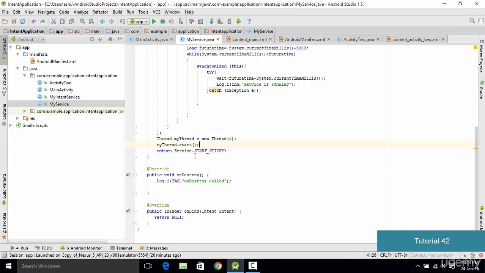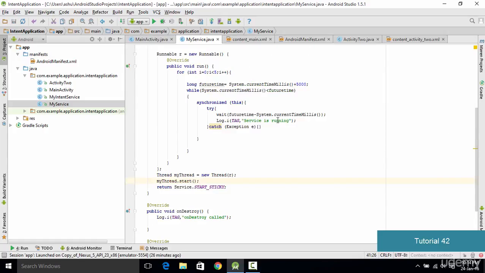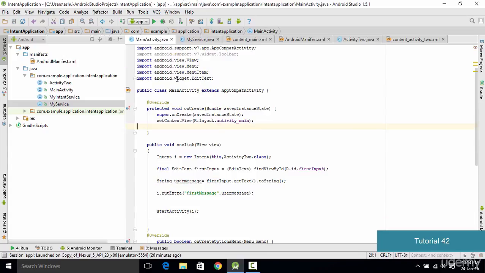Now finally we have returned this Service.START_STICKY, and START_STICKY is basically used whenever you want to run the service again when the service crashes. So now once everything is done, we save the code, and one more thing which we need to do is that we need to go to this MainActivity.java right here, and we need to create an intent right over here. So we go ahead and type in